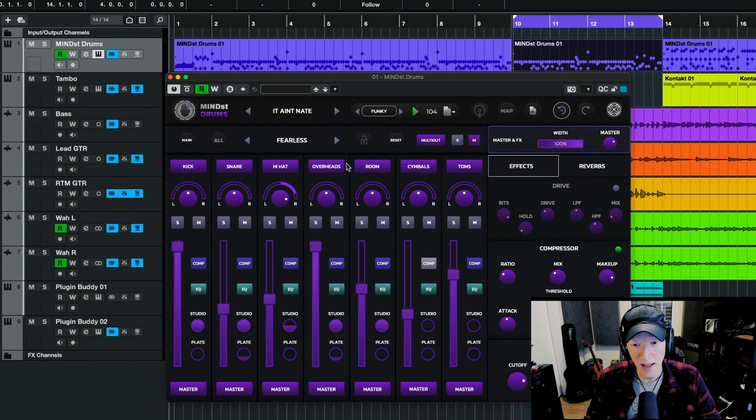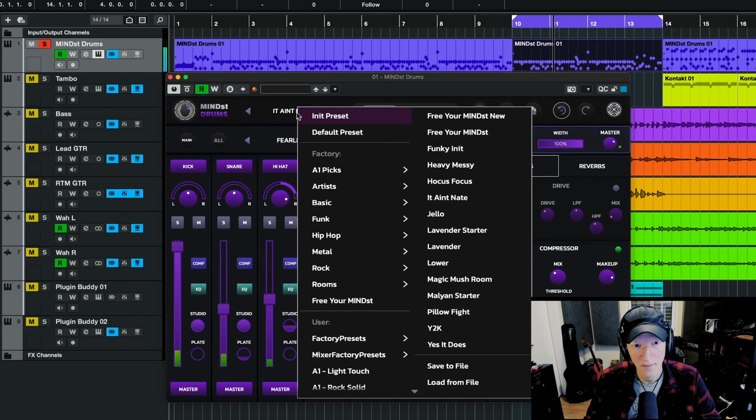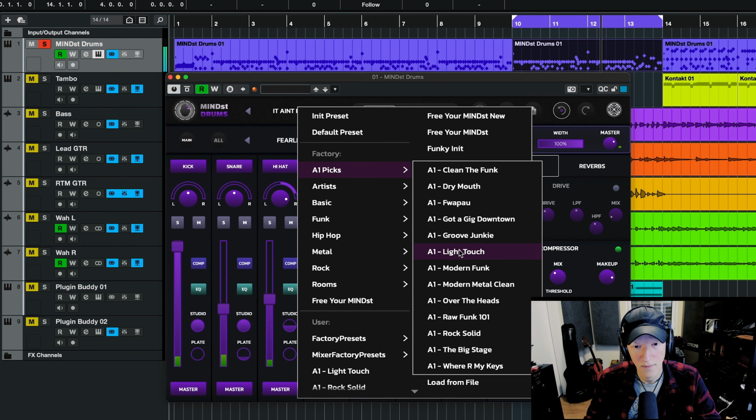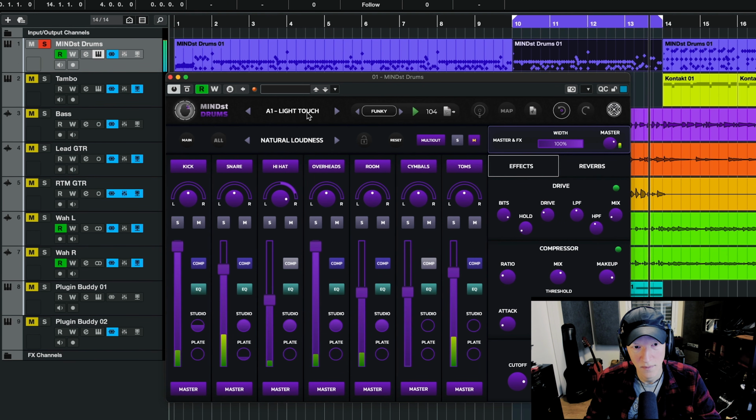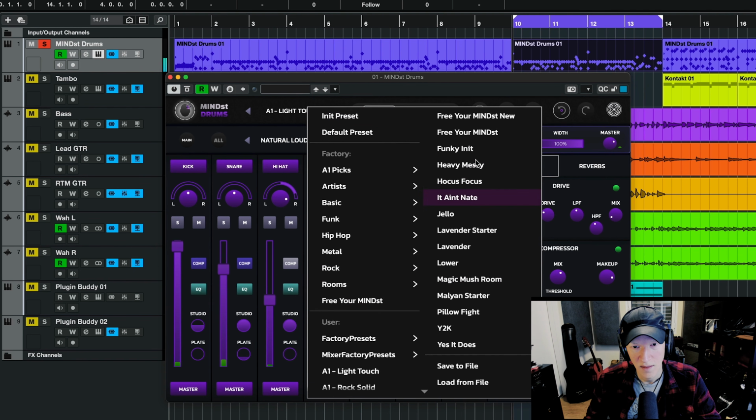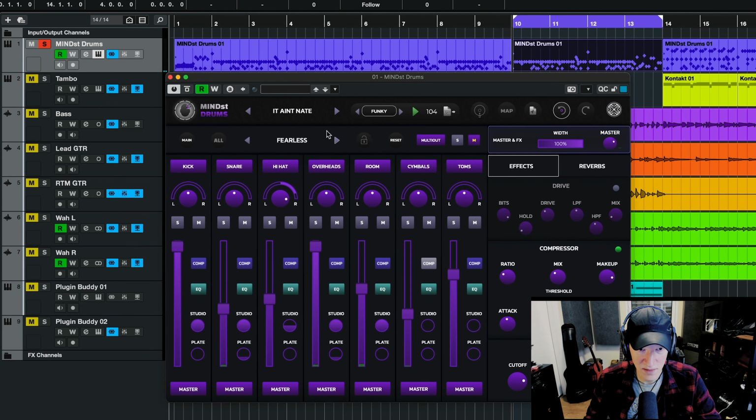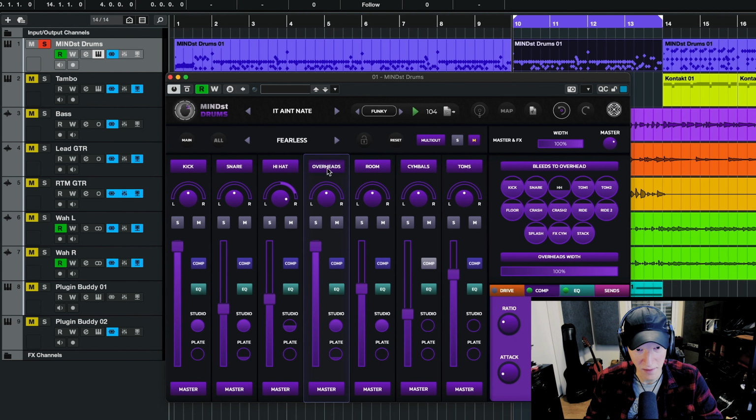And let's go over some key elements here in this mixer sound. It sounds like this. So the difference between Light Touch and this one is that this is a bit darker, more compressed. It has a much more fluffy and tasty kind of drum sound while retaining some intensity and aggression. You can clearly see the overheads are boosted like crazy. The reason the overheads are boosted this much is that the majority of the sound basically comes from rooms, overheads, snare, and kick. So if I just solo these tracks,